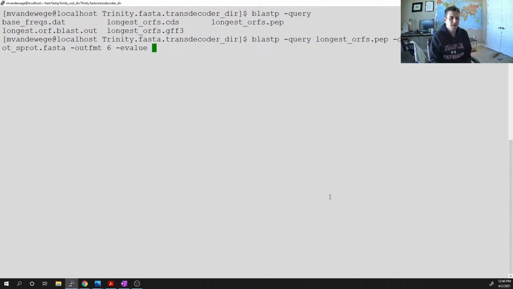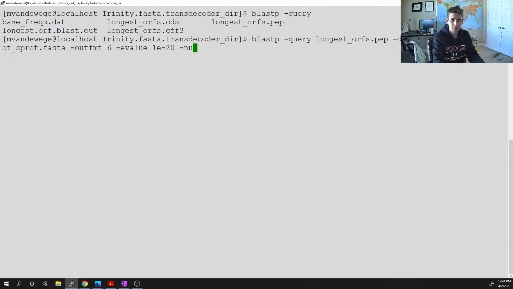E-value, we are going to have a cutoff. Like, we don't want to return garbage hits. I at least want to return okay hits. So I'm going to supply an e-value such that if the e-value is bigger than this number, it's going to be disregarded, it's going to be ignored. Traditionally, it's common to do 1e-10, right? So a 1 times 10 to the negative 10th chance that this match is by random. But I'm going to do 1e-20. This will go all the way to 10 to the negative 100th and beyond. Sometimes it'll even just say 0, right? There's a 0 chance that these two things are unrelated. And so outfmt, e-value,